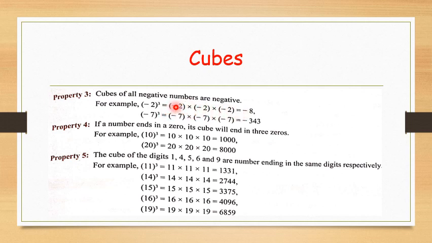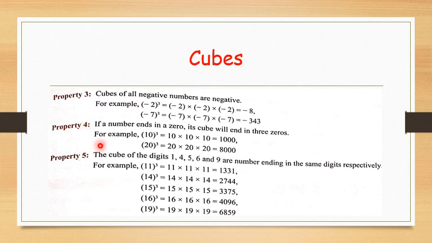If n is an even number, then your answer will be positive. Since the power is 3, it means n is 3. It means the number is multiplied 3 times. 3 is an odd number, therefore the answer will also be negative. So the cube of every negative number is always negative, and similarly the cube of every positive number is always positive.